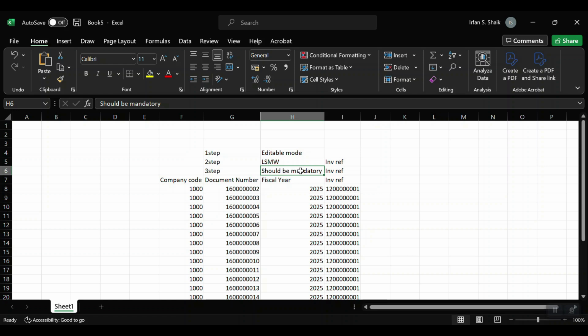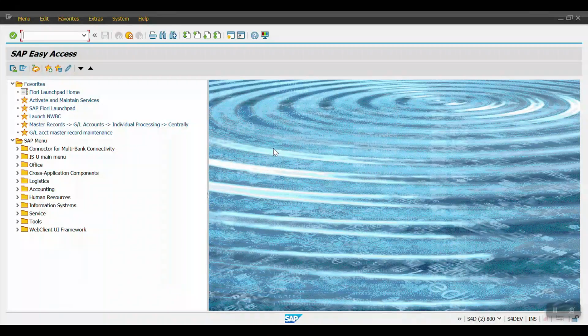Unless he enters the invoice reference number, the system will not allow him to move further. Okay, so we have to do the third step, so that in the future we may not see the same issue. Okay, now I will be going to the LSMW